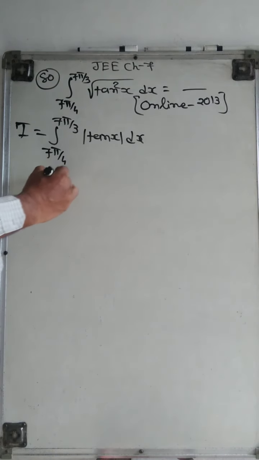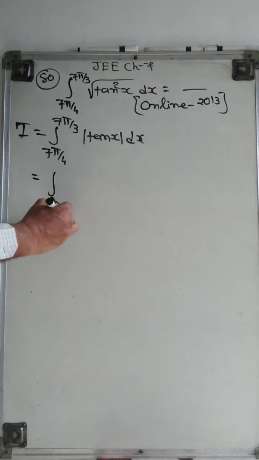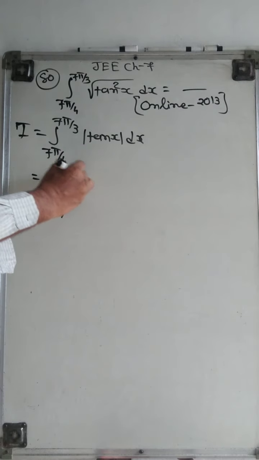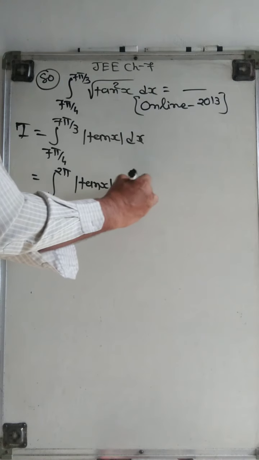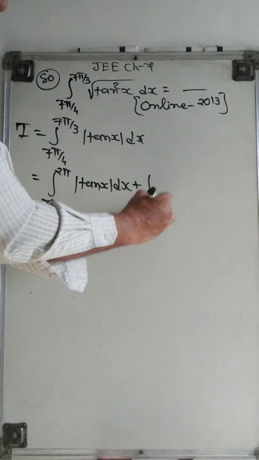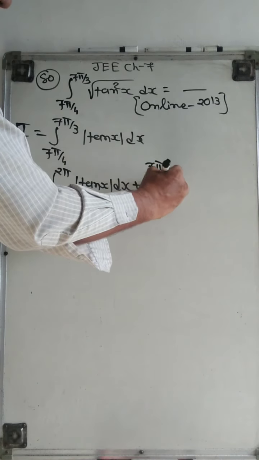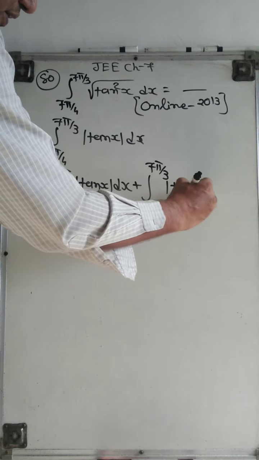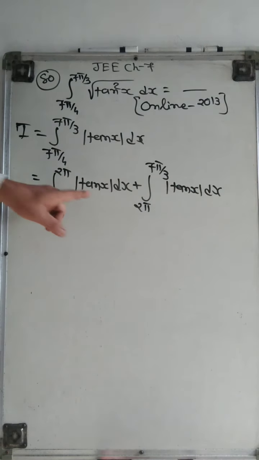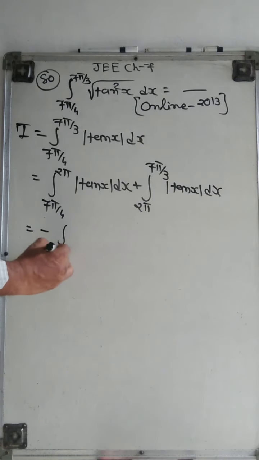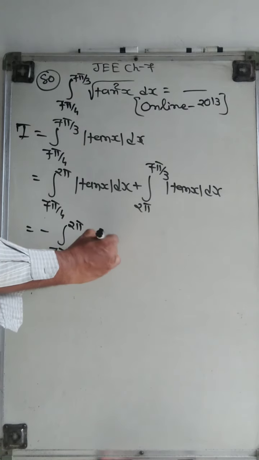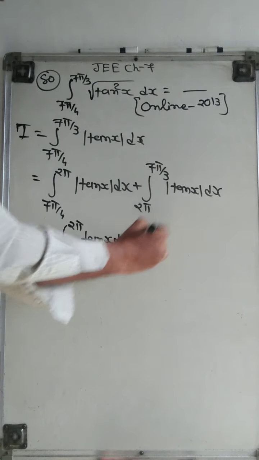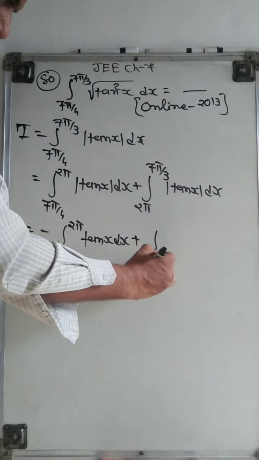So here we take two parts: 7 pi by 4 to 2 pi of mod tan x dx plus the integration from 2 pi to 7 pi by 3 of mod tan x dx. Now in the 4th quadrant tan is negative, therefore we put negative, 7 pi by 4 to 2 pi tan x dx, plus here in the first quadrant it is positive,